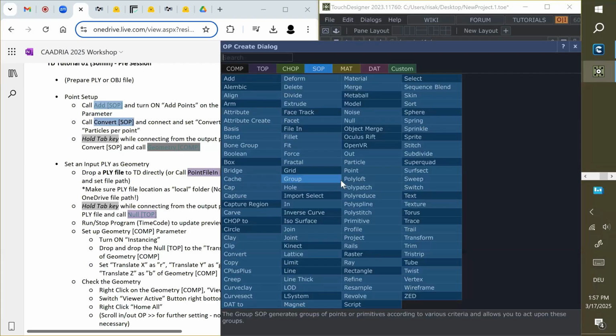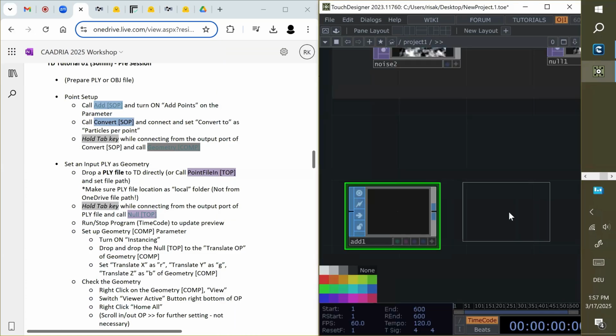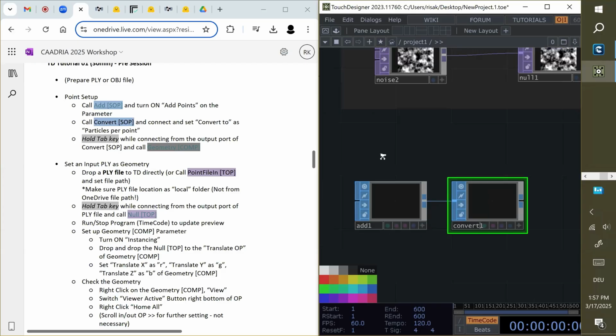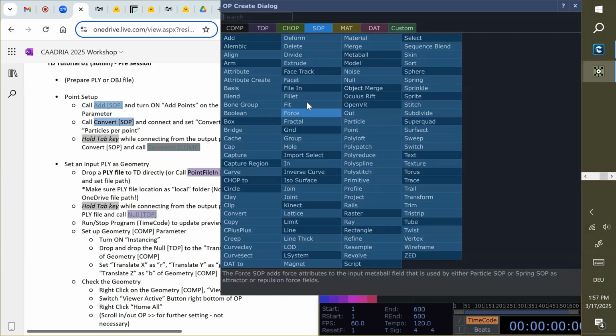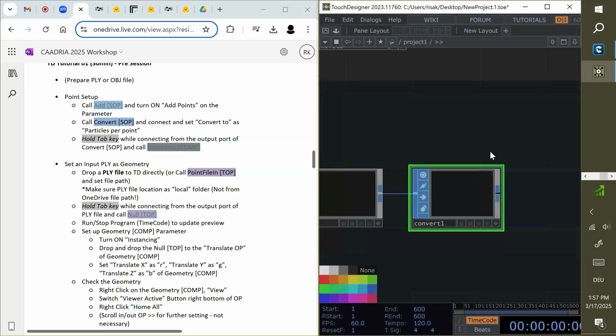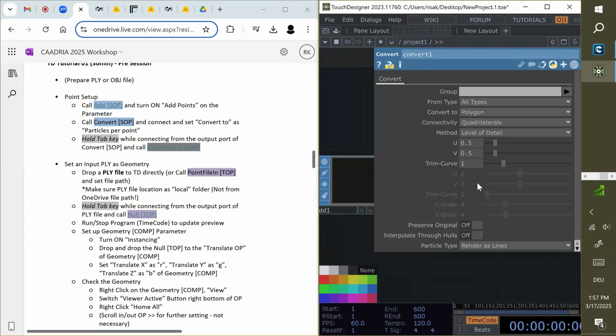As a next step, you call Convert SOP and connect each other. Again, go to SOP, Convert, and connect each other, and then go to the property again.